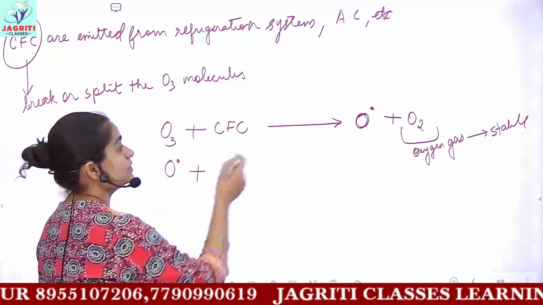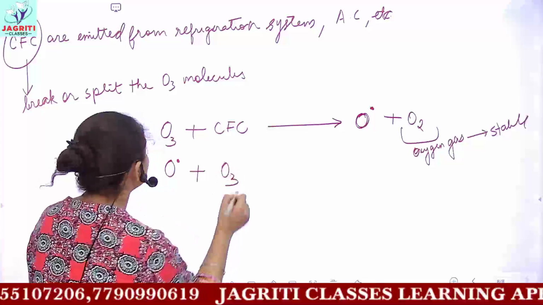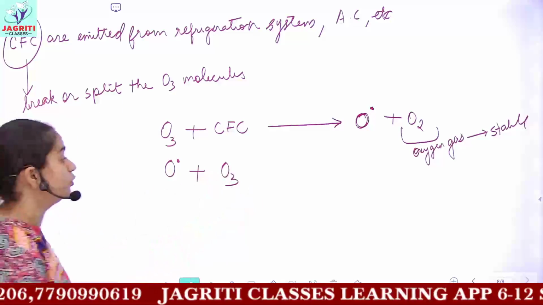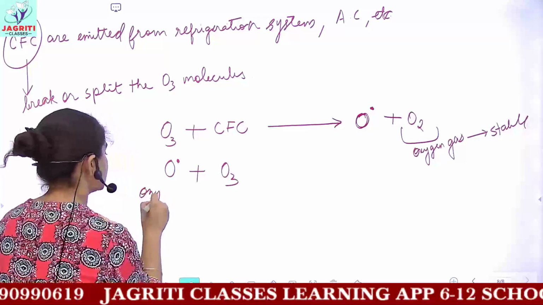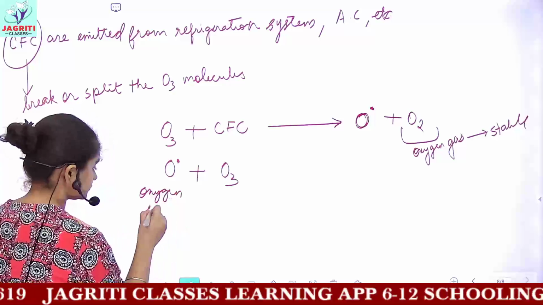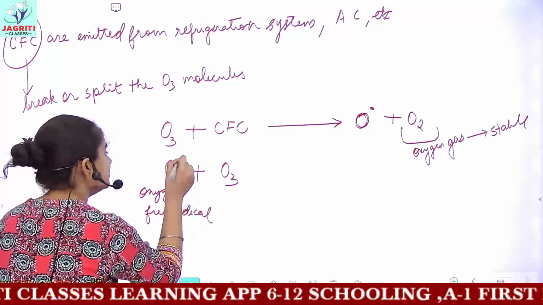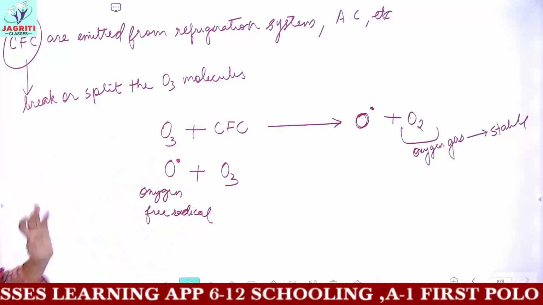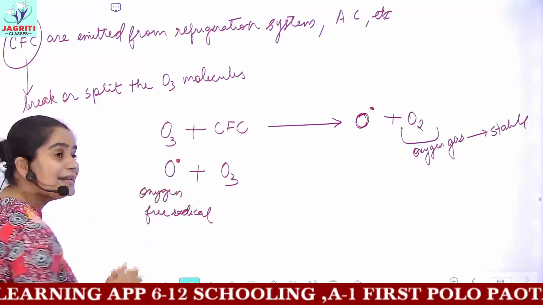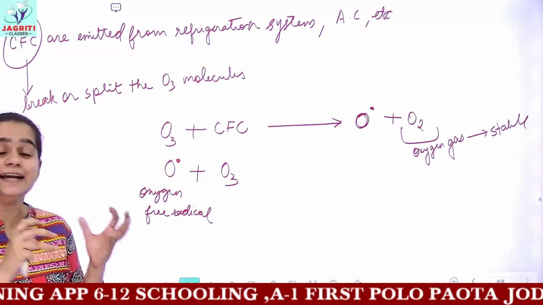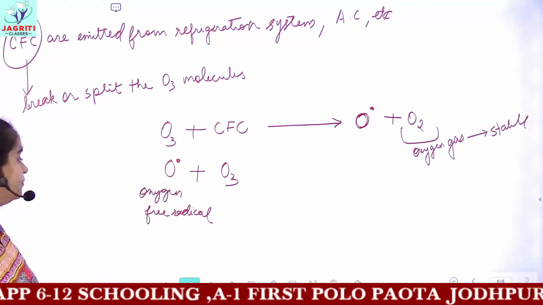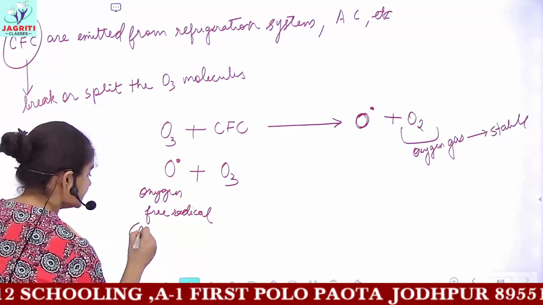So this oxygen free radical reacts with another molecule of ozone. This is your oxygen free radical. Free radical means it has one extra electron or one free electron which is not present in a bonded state. So this oxygen free radical is highly reactive,